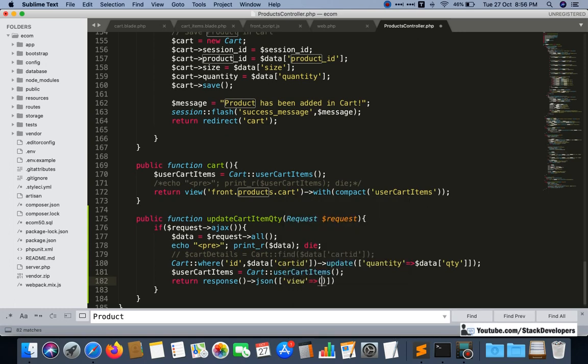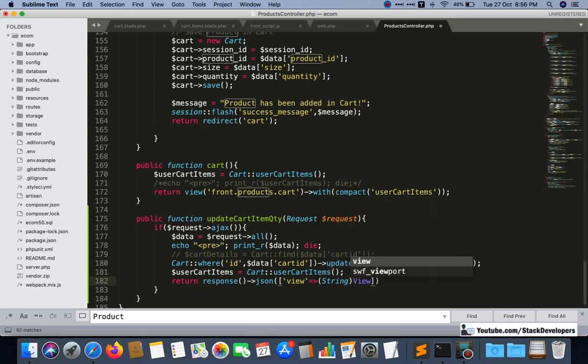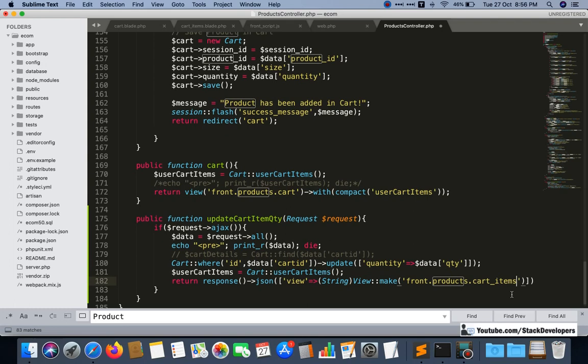I'm going to get this string and view, and see, the later part will remain the same inside make. Now I'm going to use this one, front products card items. So I am going to get the card items here. Here all the card items will come up, and this one with compact user card item, this one we also just add here. So now it is fine.